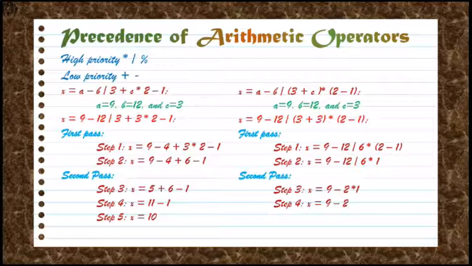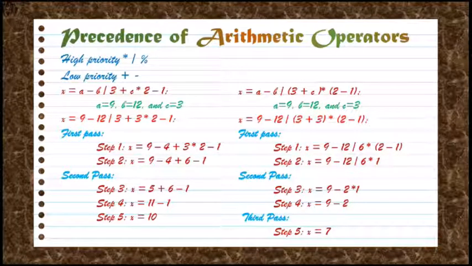So first we have solved the parentheses, next we have solved multiplication and division. In pass 3, we will solve the addition and subtraction operations. So in the third pass, 9 minus 2 is 7. So the value of x is now 7. If you see both the examples, we have just added parentheses in the second example, but the answer has changed. This time the procedure consists of 3 left to right passes. However, the number of evaluation steps remains the same, that is 5 steps.